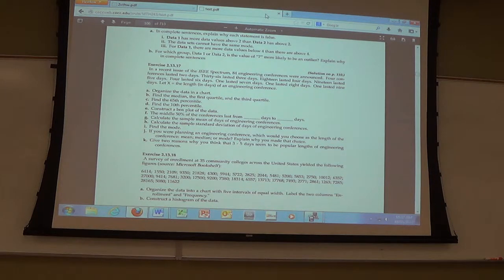So, how would we calculate the average number of days for one of these conferences? What do we have to do? Think GPA. Think, what else did we do in class? We did the GPA, we did the keys. What do we have to do? Multiply XF. We've got to have an XF column, because we have to not only count the data, but also how often the data occurred. That's very, very important.